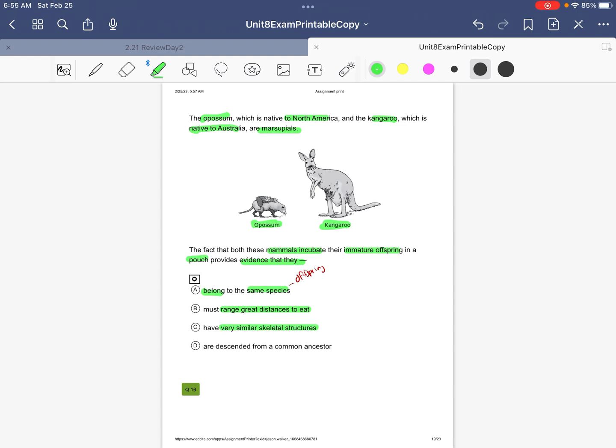Again, if you look at the kangaroo, which is extremely tall and walks upwards, and the opossum, which is longer this way, I cannot tell you if they have similar structures. Did they descend from a common ancestor? This one is very possible because I know that they're marsupials, and I know that they take care of their babies the same way. So they are more than likely related. They have a common ancestor somewhere down the line, not closely related, but there's definitely relation there.